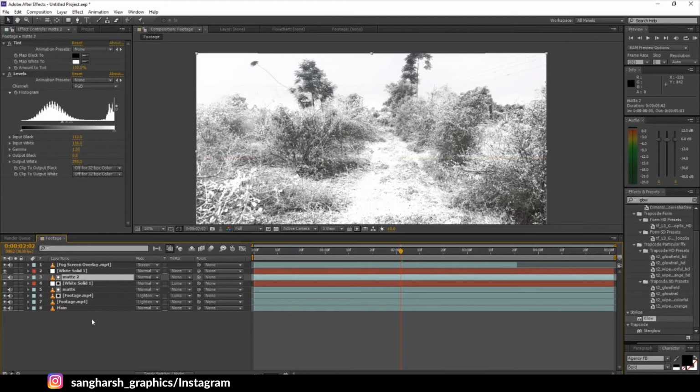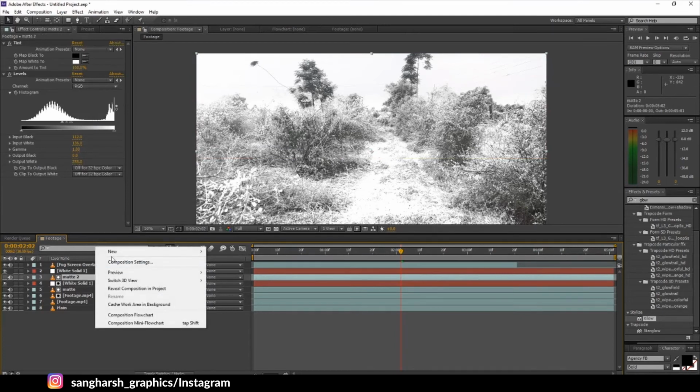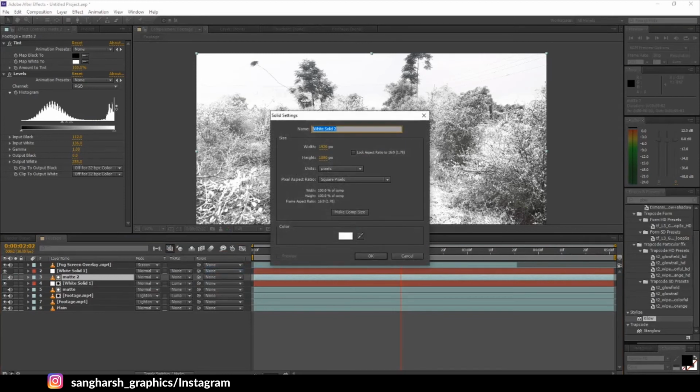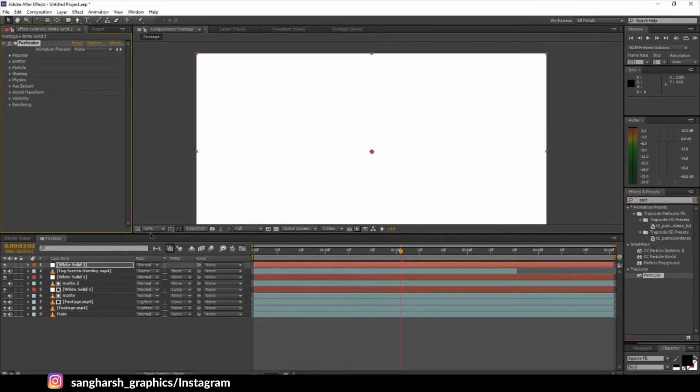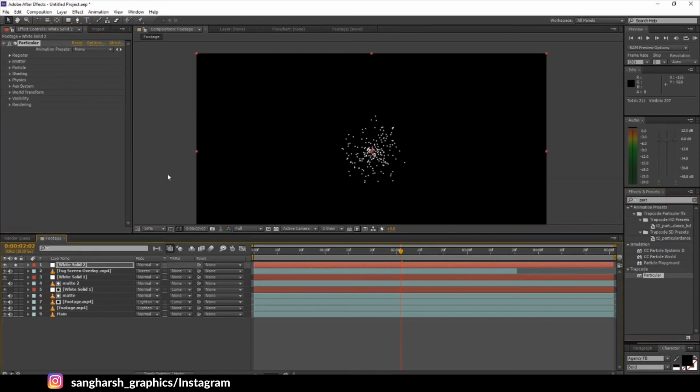The last, guess what? The snow particles. Okay, let's just create a new solid. It's optional for you because I'm using Trapcode Particular. Let's search for Particular, apply it on the white solid, just make it isolate for now.